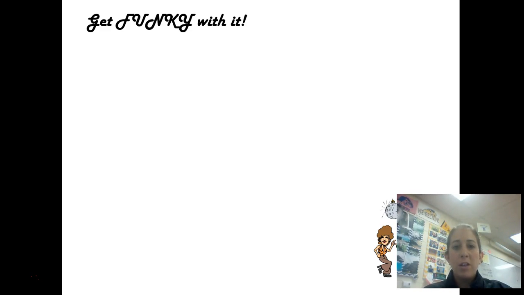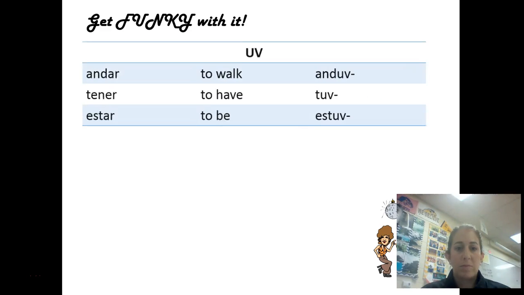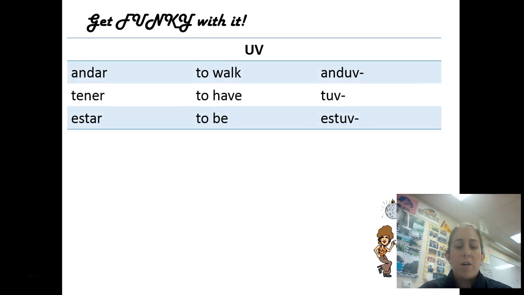Alright, and these, hence the name funky stems, have a stem, remember when we dropped that AR, ER, or IR ending, that is not the same as it is in the infinitive form. On the video, we've organized them by type. So this might be a benefit to use, to bracket on your notes the groupings. This will make more sense once you see it.